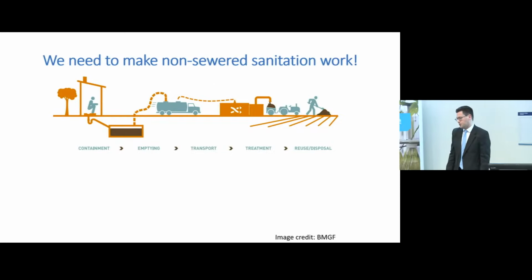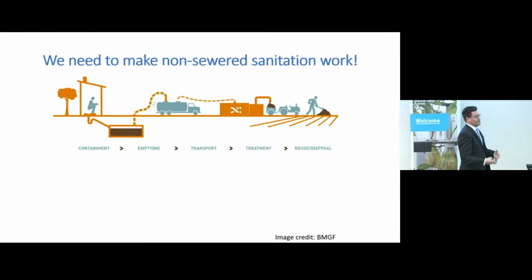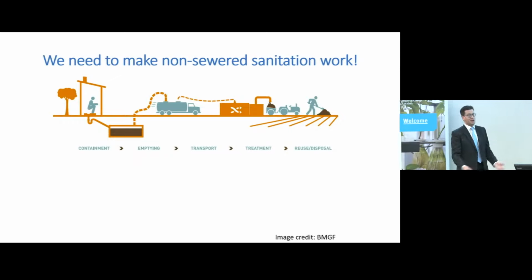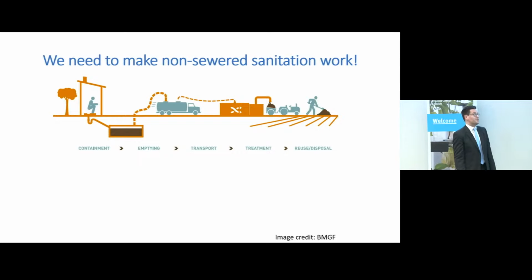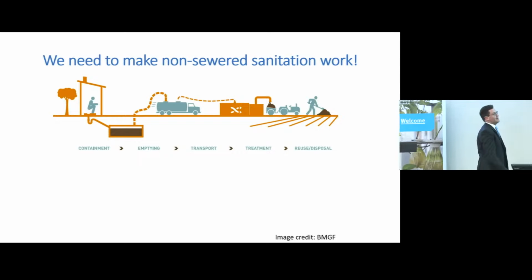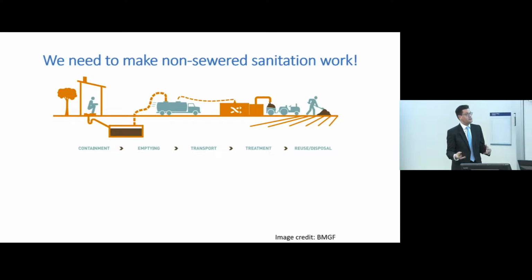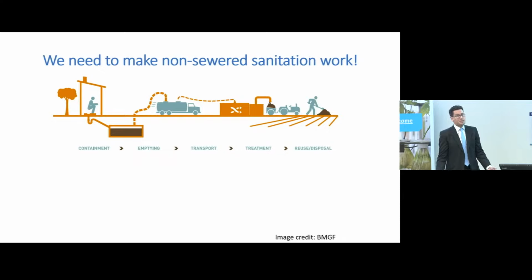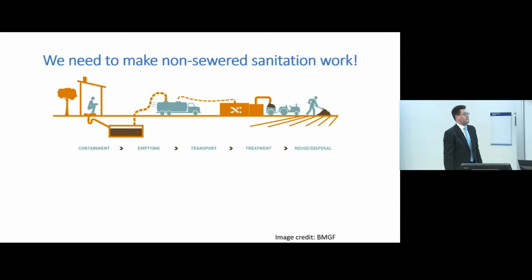Okay, so most people in the world don't actually have a toilet that's connected to a sewer. And you could argue that it's not really a sustainable approach to sanitation anyway, to be flushing our waste with water, especially if you live in a very water-scarce part of the world where you don't have water to spare. So if you don't have a sewered sanitation system, you need something like this. You have some kind of on-site toilet or a septic tank, which eventually has to be emptied safely somehow, and then that waste has to be transported somewhere, and it has to be treated somehow, and then hopefully you can get value from that waste or dispose of it in a safe way back to the environment again.